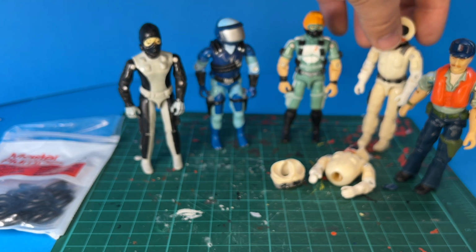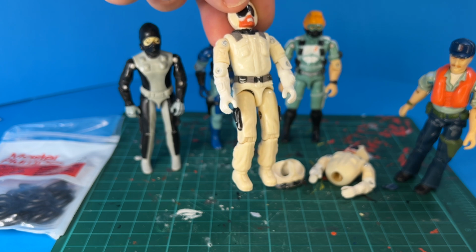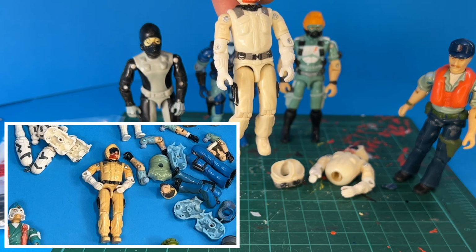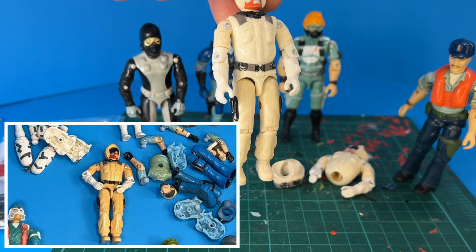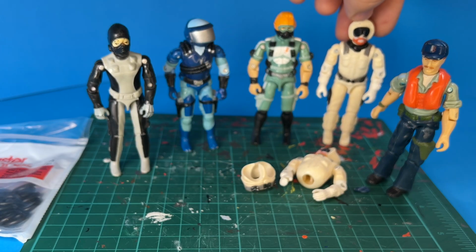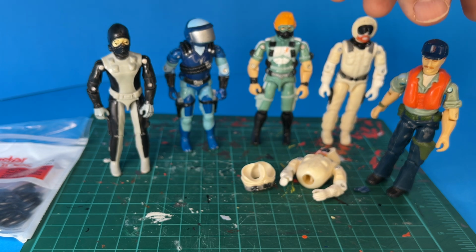And then we have Snow Job. Now I had 2 Snow Jobs, but I only had 1 set of lower legs. This one here whitened better than the other one, but I had to use the lower legs of this one to make this one complete, and again, loose legs, which I can fix later on. But his paint on his face is pretty good, and on his chest, so I think I'll leave him the way he is. I'm going to tighten his knee joints,